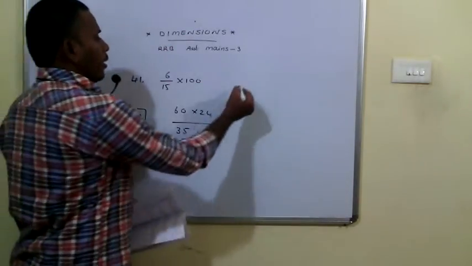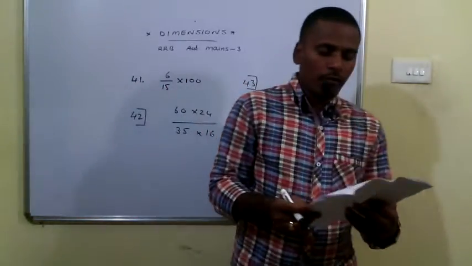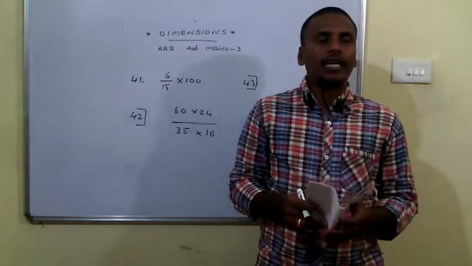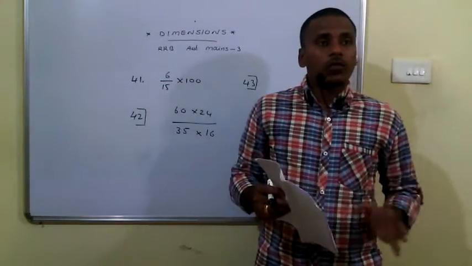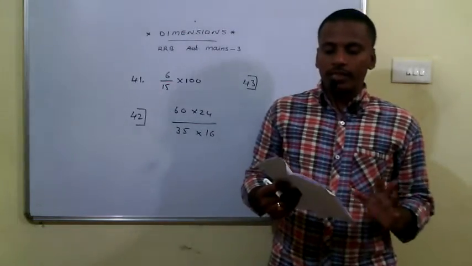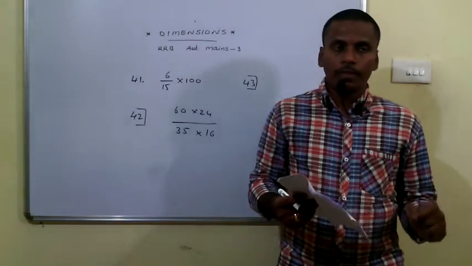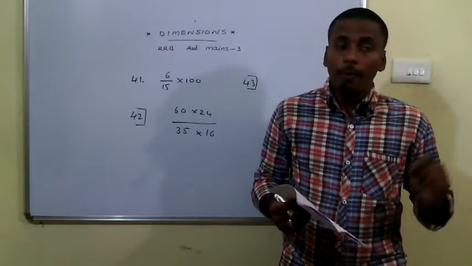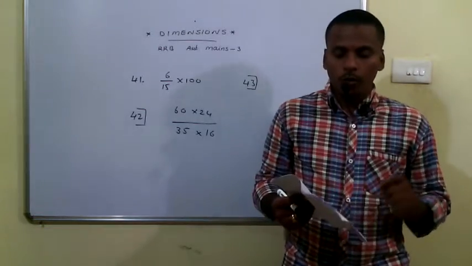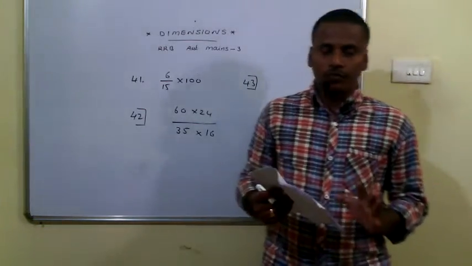Okay. Then coming to the 43rd problem. It is given that a group of workers promise to complete a piece of work in 10 days. You just suppose the number of workers as X. So X workers promise to complete the work in 10 days, but 5 of them don't report for work. That means actually the work is assigned for X persons, but 5 persons are not reported. So the worked persons are X minus 5, and they take 12 days to complete the work.